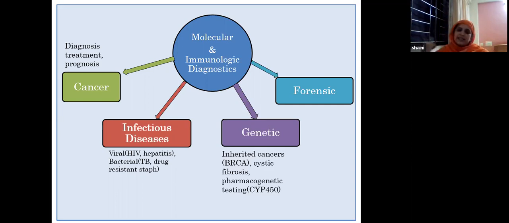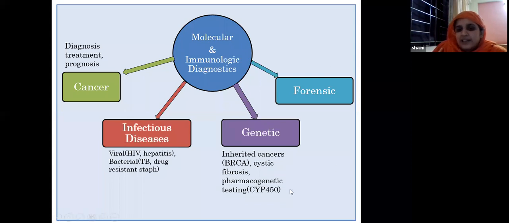Genetic studies. Genetic studies is where you study the genes in a patient or in a population. That is useful because some cancers run in families. If you belong to a family where cancers are running, for example, the BRCA gene, you can test the remaining family members for this particular gene. If they test positive, the probability of the person getting the cancer is 60 to 70% more than the normal population, and appropriate measures can be taken.